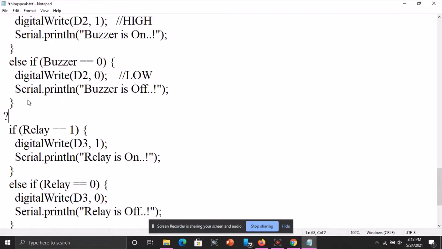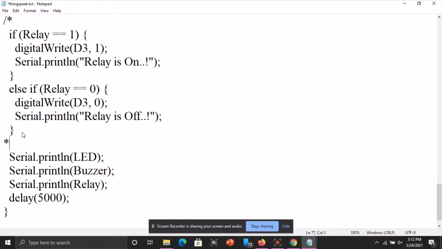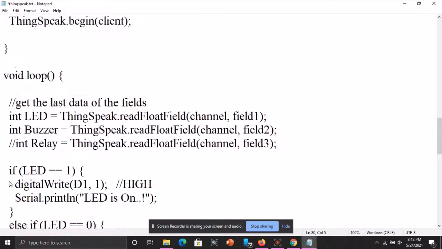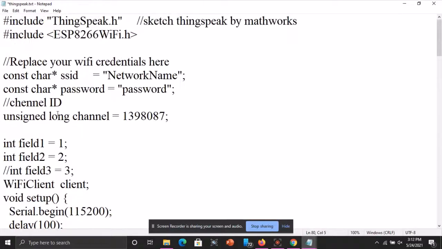And for multi-line comments, you have to write something like this. We don't have this, so this will be your basic code through which the hardware will be integrated with the ThingSpeak server, which is connected to our mobile application.